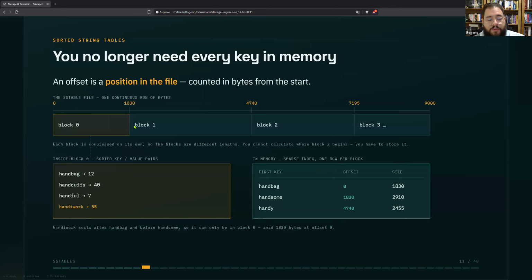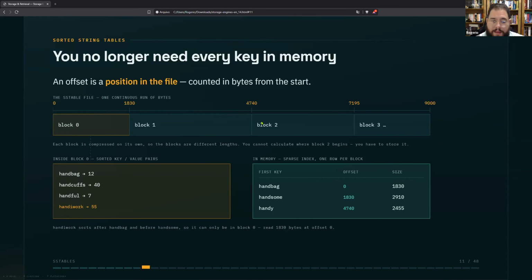And let's look, for example, inside one block. We have handbag, it's the key, and the value is 12, handcuffs, and the value is 40, and handful, and the value is 7, and handwork, and the value is 55. Okay? And suppose in your query, you want to know where is the handiwork.